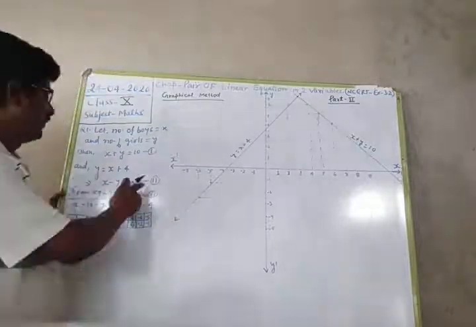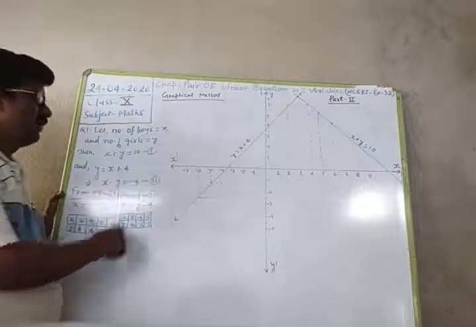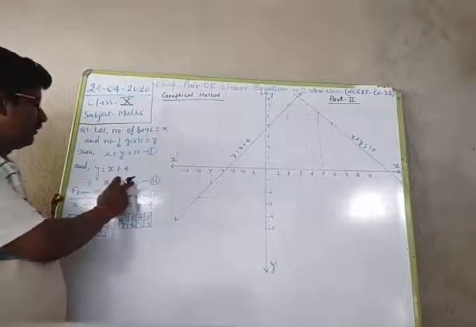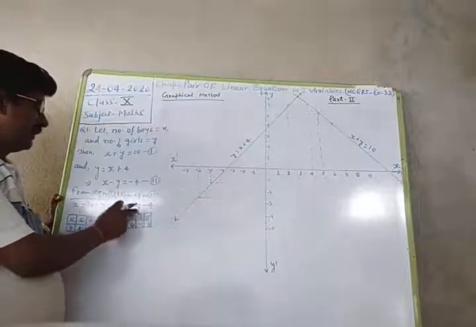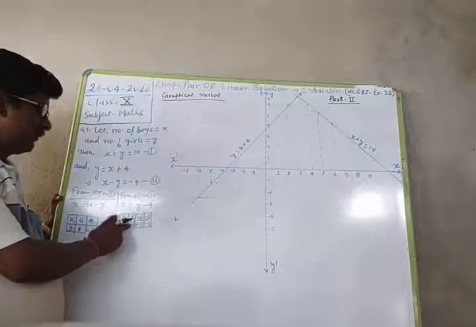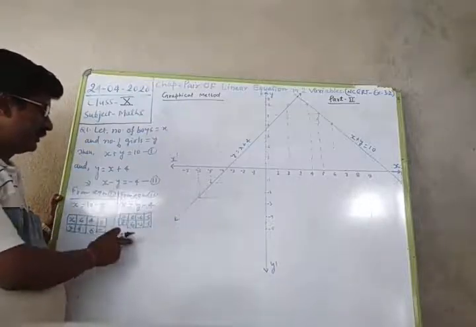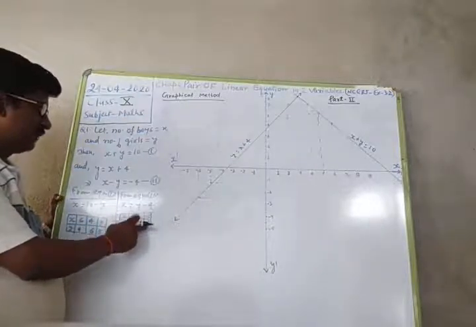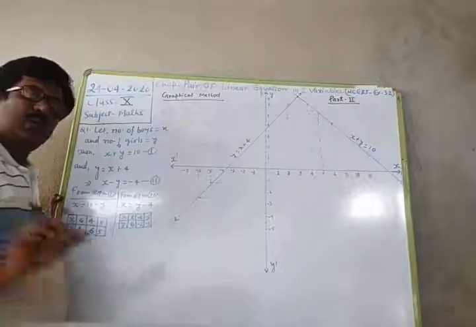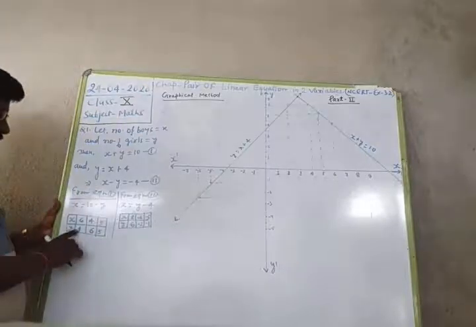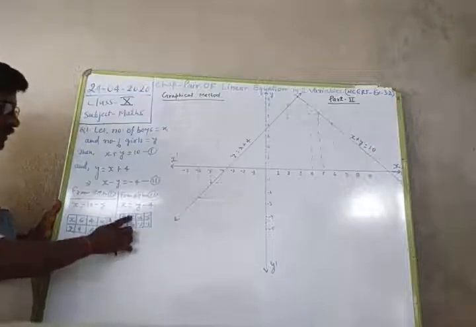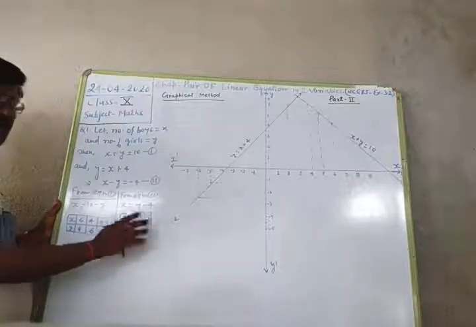And once again, from equation 2, x minus y is equal to minus 4. So from this equation we can say x is equal to minus 4 plus y. And once again I have taken the value of y as 6, 6 minus 4, that will be 2. And when the value of y is minus 2, then x will be minus 6. And when the value of y is minus 1, then x will be minus 5. So this way I have framed the two tables. And from the first table, the coordinates are (6, 4), (4, 6), (5, 5). And from the second table, the coordinates are (2, 6), (-6, -2), (-5, -1).